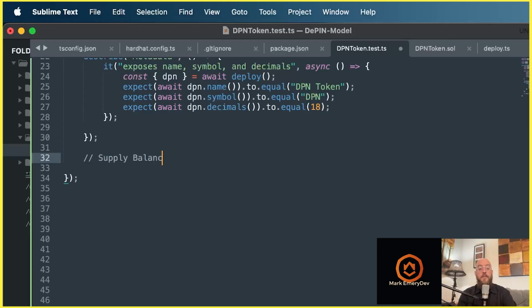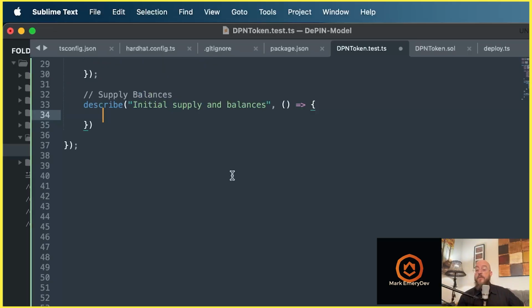Because once again, anyone dealing with our token is going to want to know that it has an initial supply. Total supply is also available, but we'll describe initial supply and balances. Okay. So we start a describe block. So what do we want to basically say about that? Well, fundamentally, it mints, and again, remember back to our contract, it